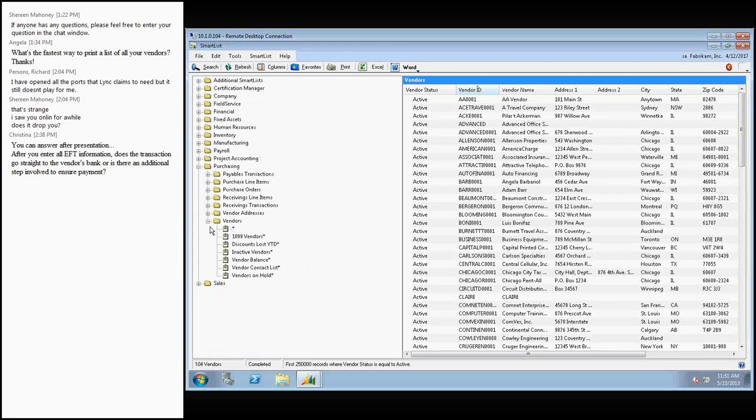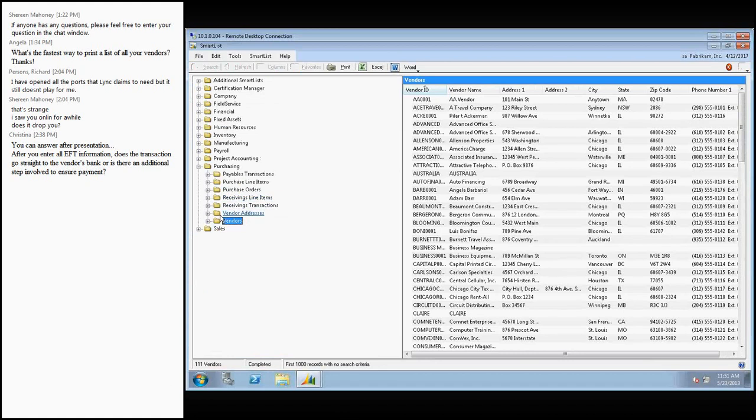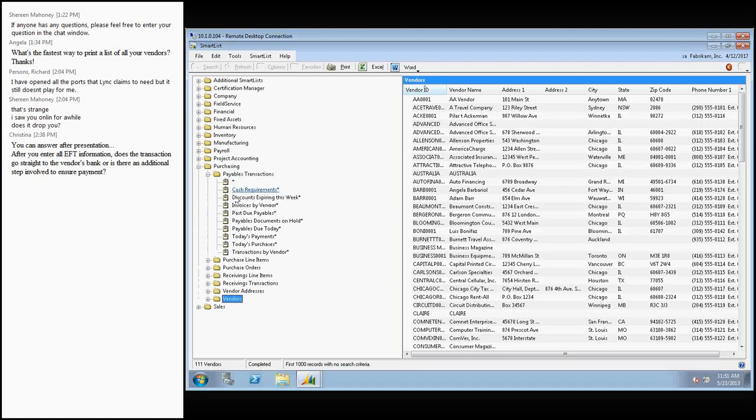Not only can I use this to get vendor information and vendor lists, I can get purchasing transaction, payables transaction information,